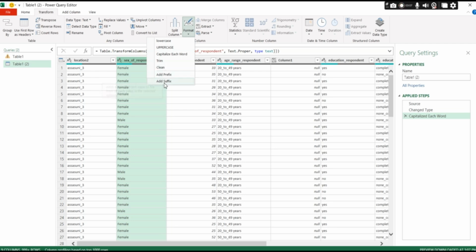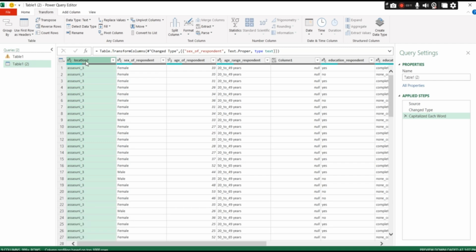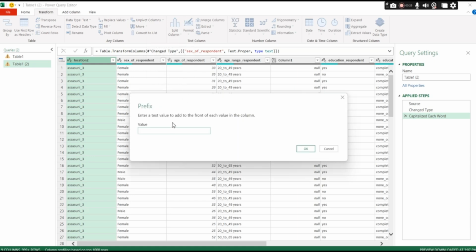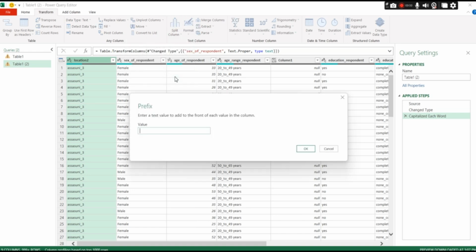Here you have some options, add prefix, add suffix. Sometimes we need to add some additional characters before the name. How can we do this? Like for Ashashuni, we need to add some other characters, like it comes from wash data. Then we select the option add prefix.